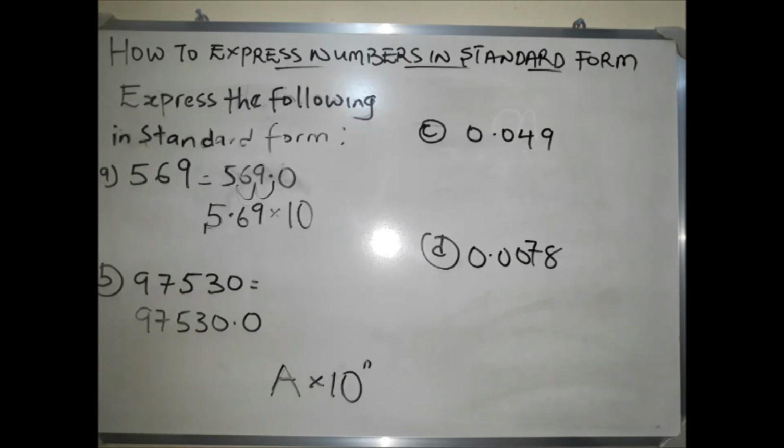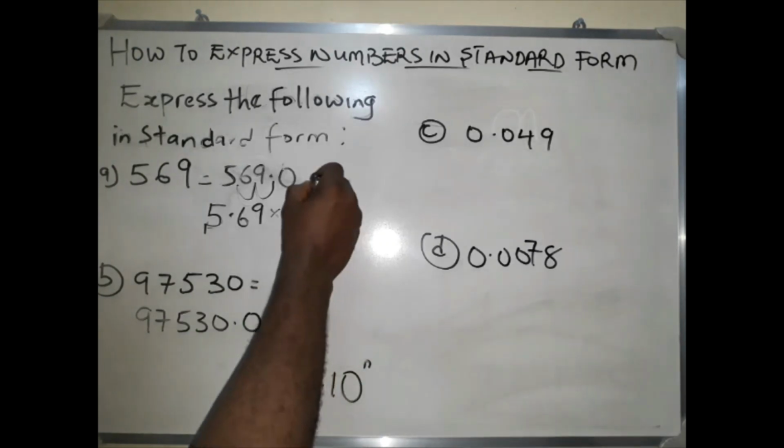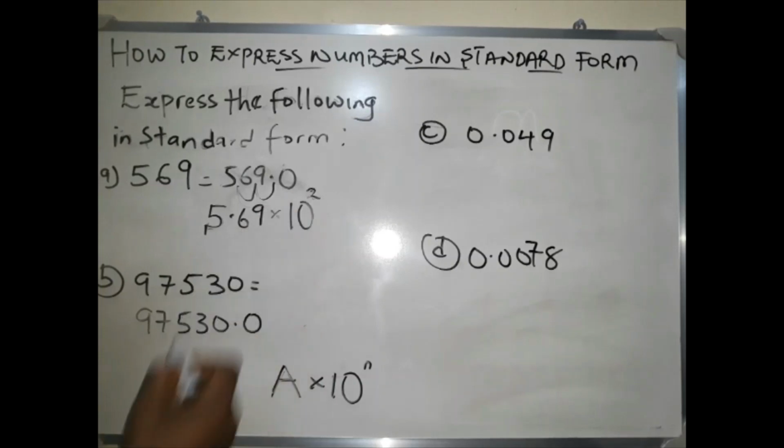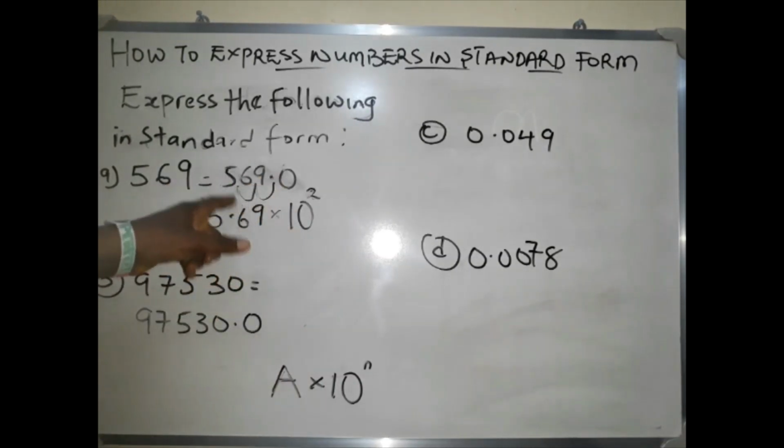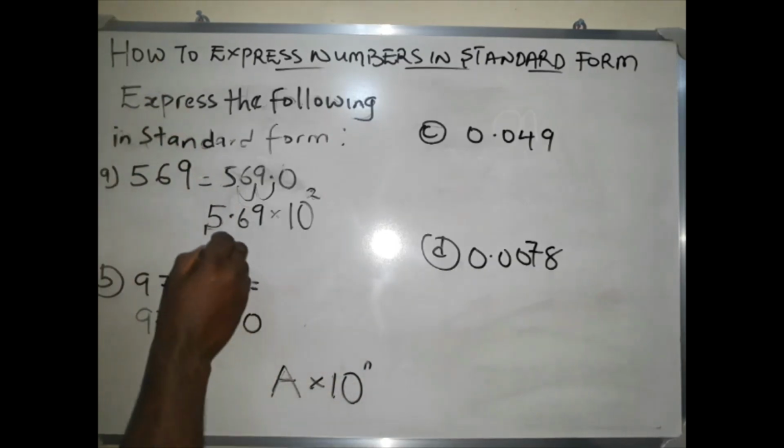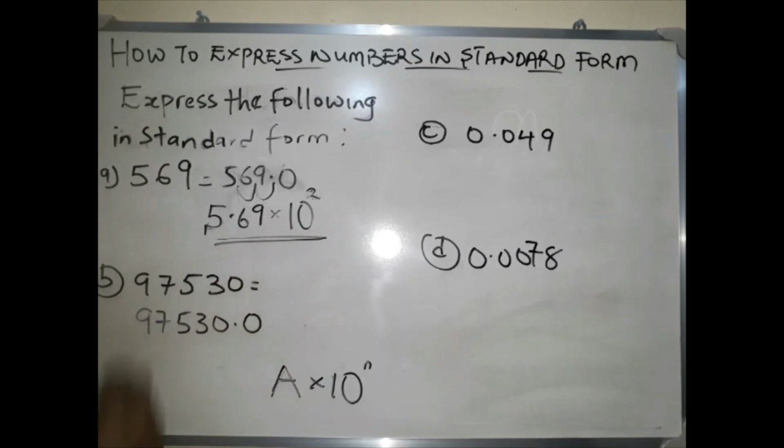So because we moved it 2 places and we also moved it to the left, the value of n will be 2. Why? Because we moved the decimal point 2 places and we moved it to the left. So now this will be 569 expressed in standard form. Now let's go to the second one, which is